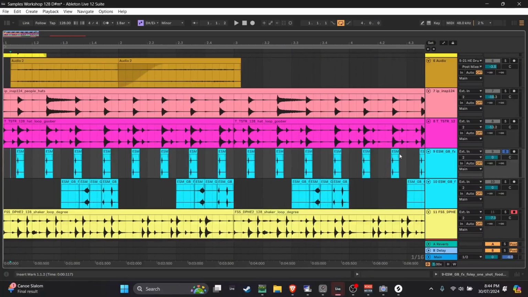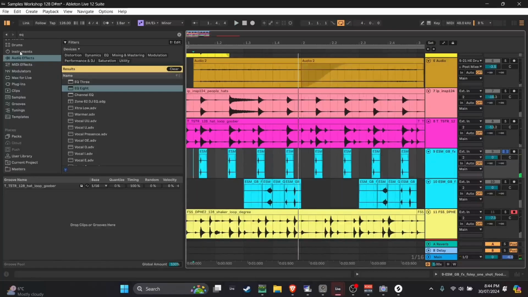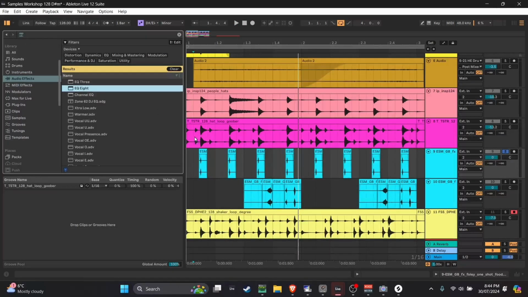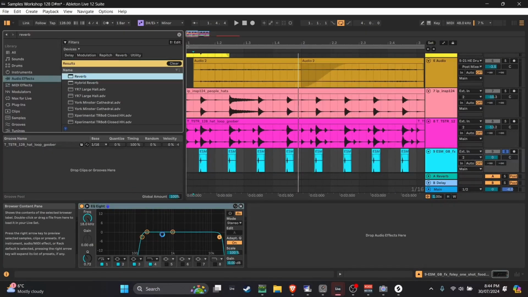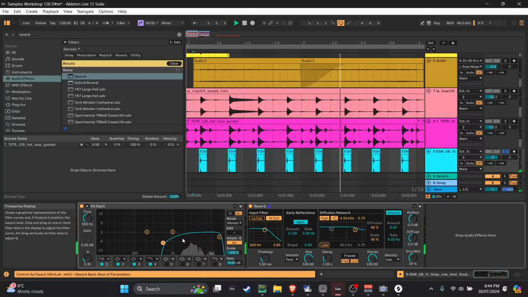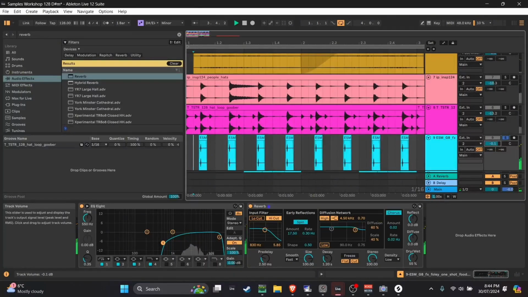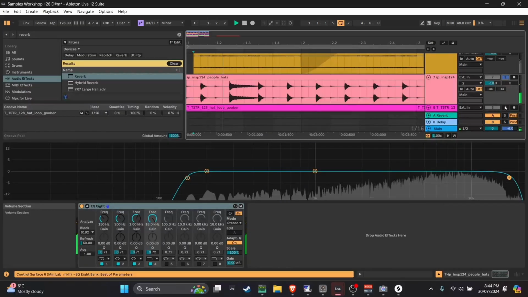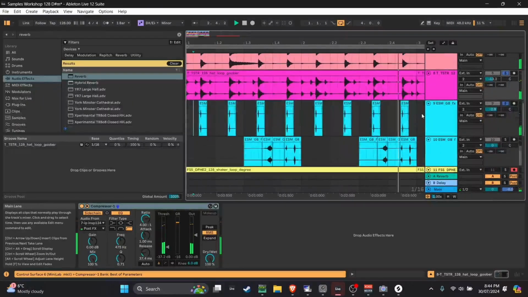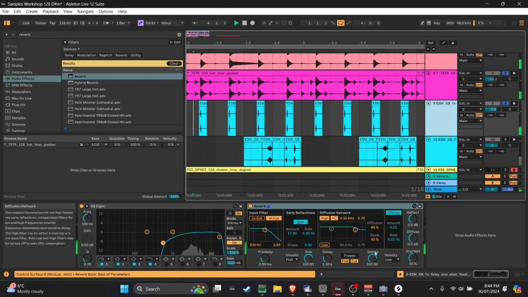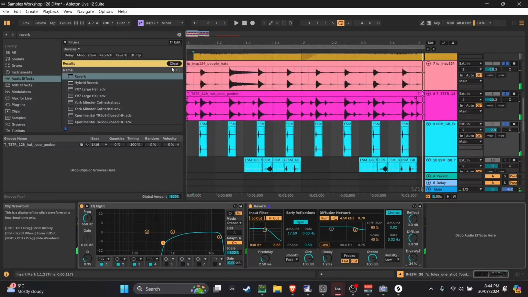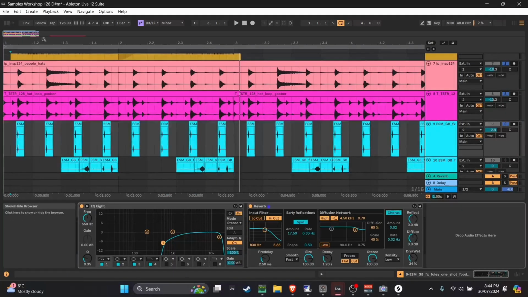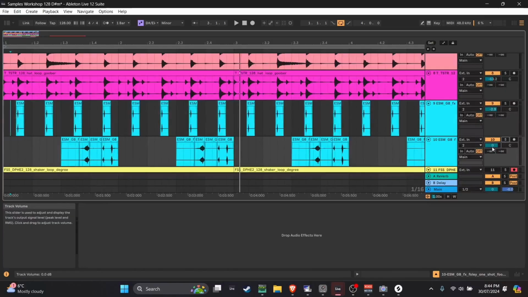So if we listen to this, probably what I want on there is an EQ as always, and some reverb. And we can layer that on our hats. And now it's just a bit more of an interesting texture and sound. And if we layer this one in as well,